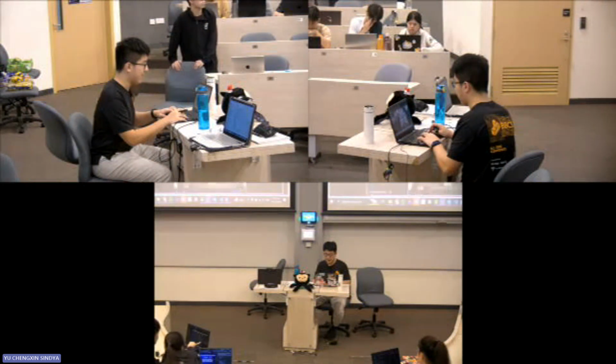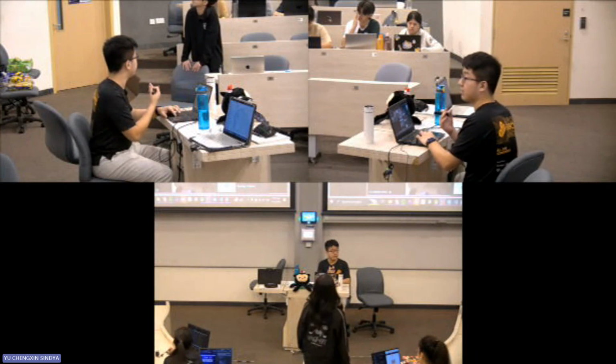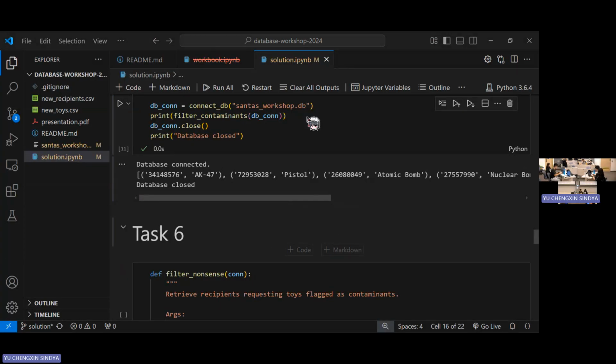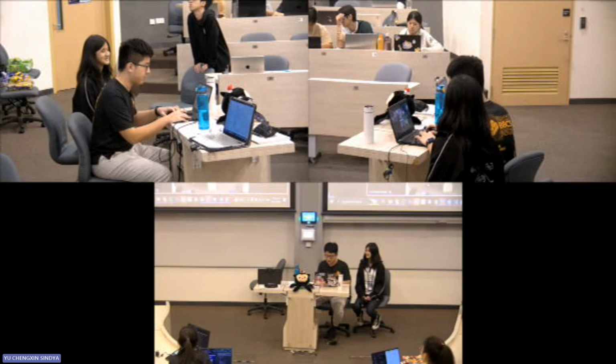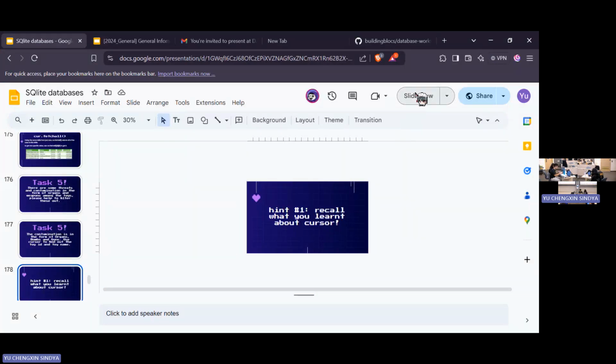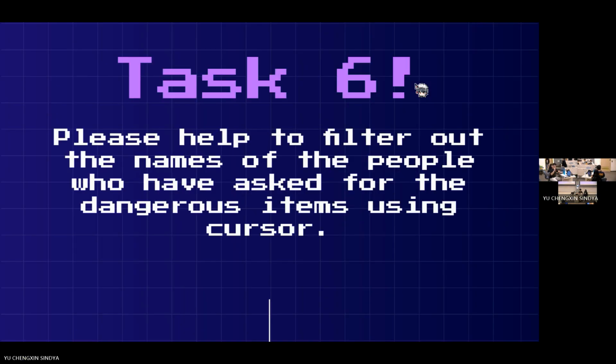Okay. Now for task 6, you will want to remove also the people, the recipients who wanted those toys because they're very naughty for trying to order nukes or lungs. And so what we have to do is to remove those people too. So your next task here would be to filter out the people. Okay, so follow a similar logic as you would previously with filtering out the toys